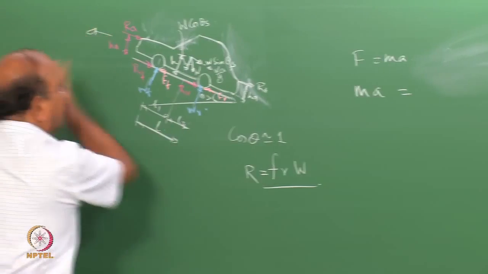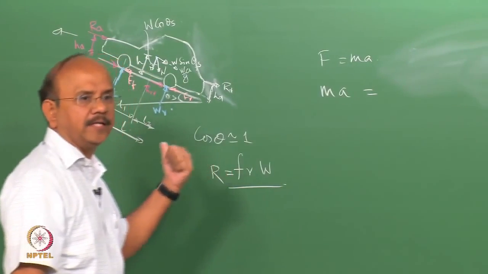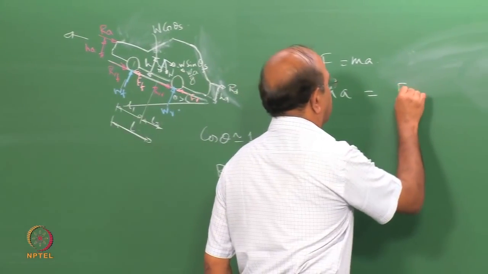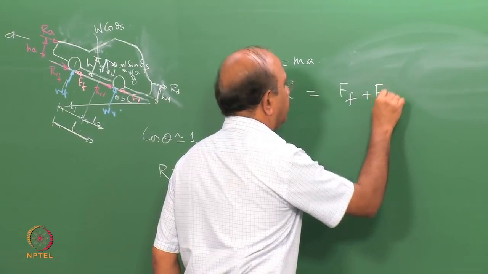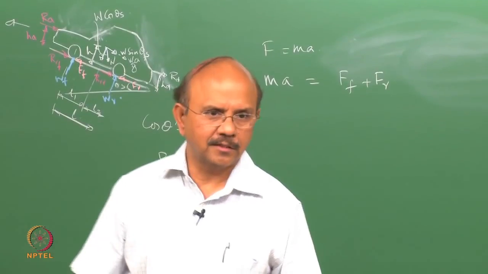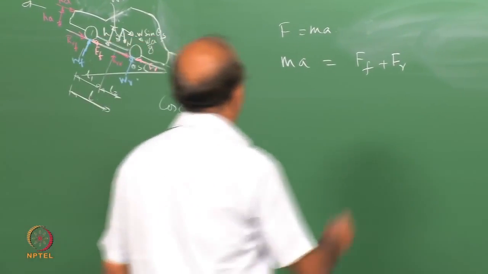So, we are writing this F is equal to ma in the x direction. So, what are the forces that are acting? The two forces that are going to aid the vehicle to accelerate are the traction forces Ff and Fr. So, these are the traction forces,